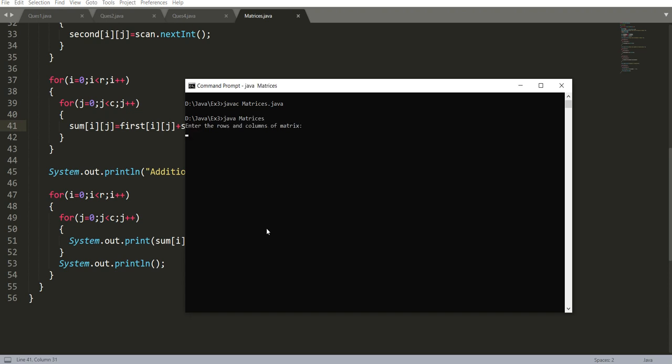So enter the rows and columns, the first elements, enter the elements of second matrix.